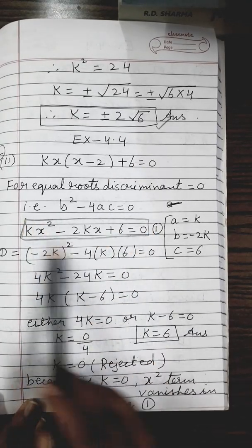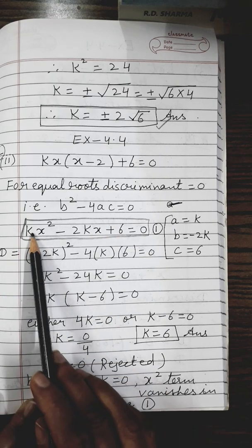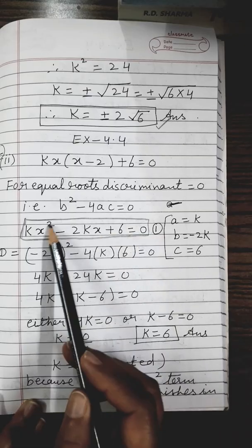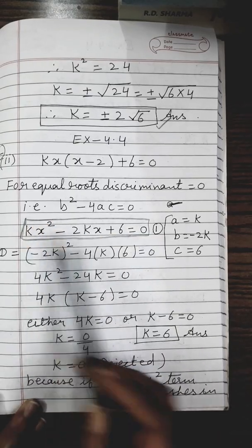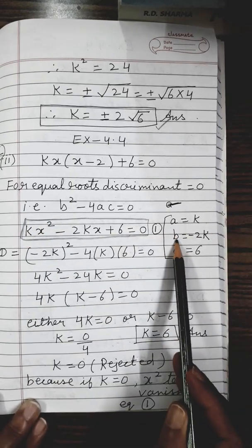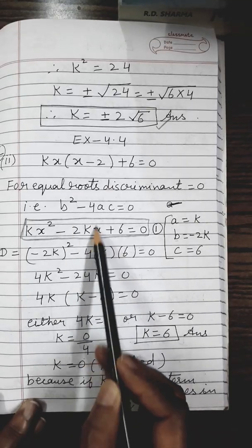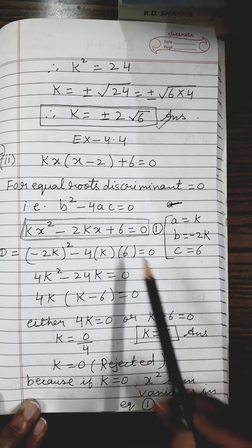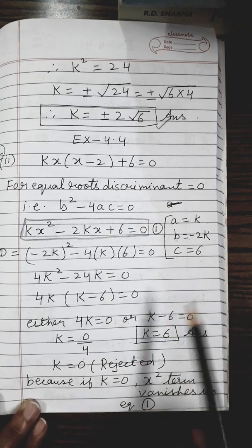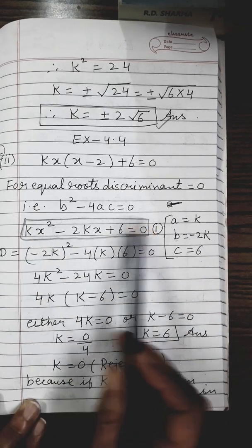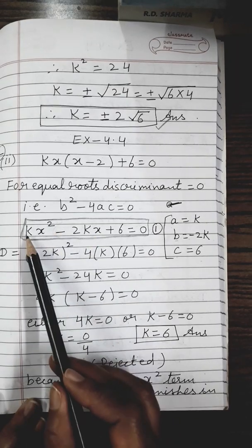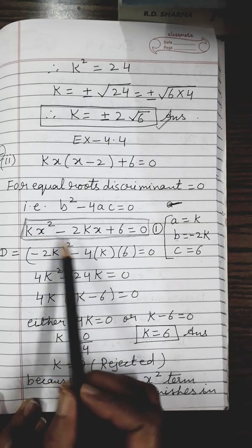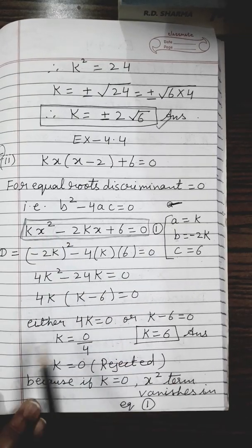Now you see this equation I have obtained in the standard form, ax square plus bx plus c. Compare it with the standard form. What is the value of a? Coefficient of x square, which is k. So a equals to k. What is the value of b? Coefficient of x, which is minus 2k. What is c? The constant term without any x. So c equals to 6. Remember children, in this equation x is the variable, k is not a variable, k is just a constant which you have to find out. The quadratic equation in variable x, degree 2.